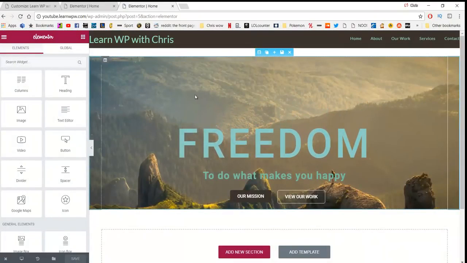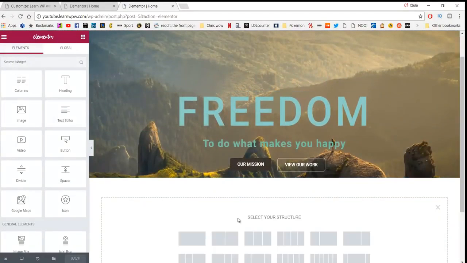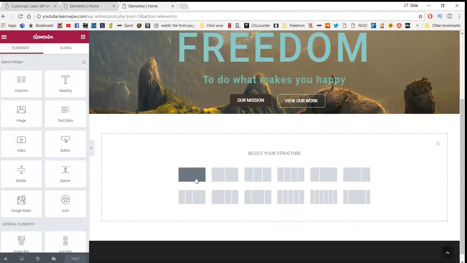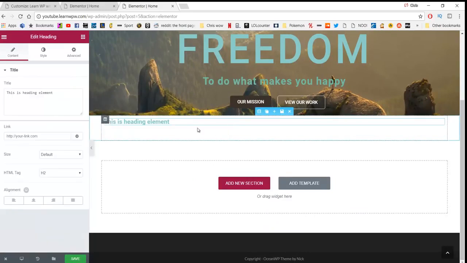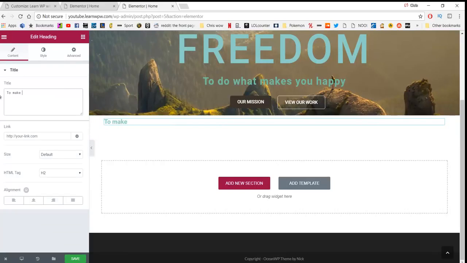So here we are. What we're going to do now is add in a new section just by that, and we're going to click on the one block structure, and there it is. And here we're going to throw in another heading, and for this title we're just going to type in, for me anyway, to make the world a better place. And we're going to align that into the center,